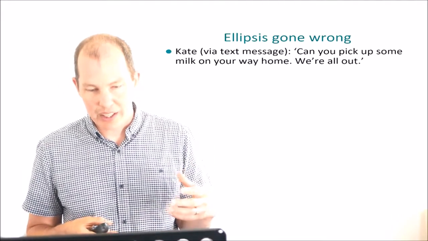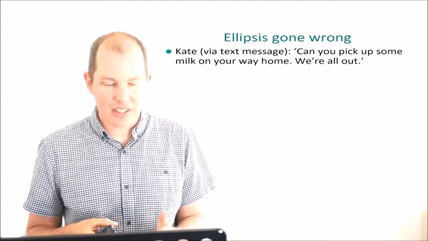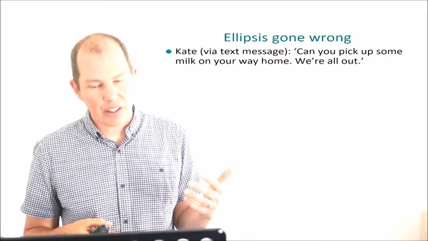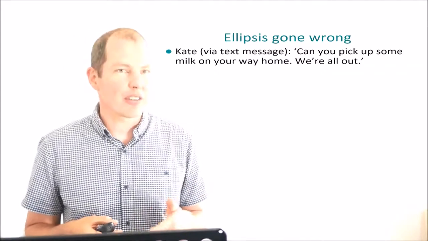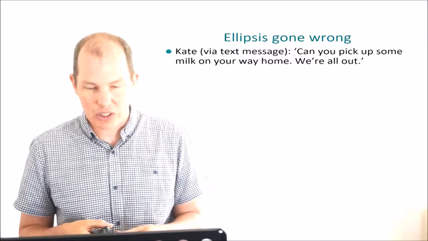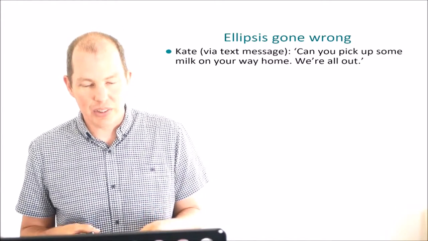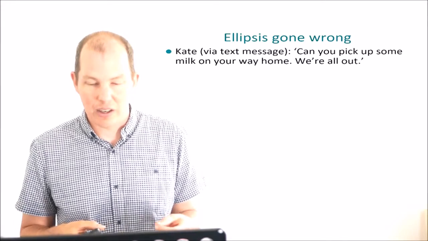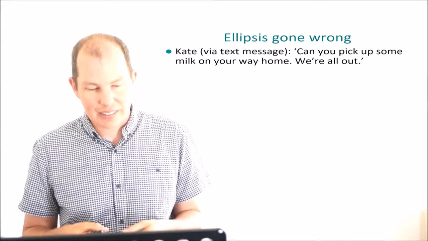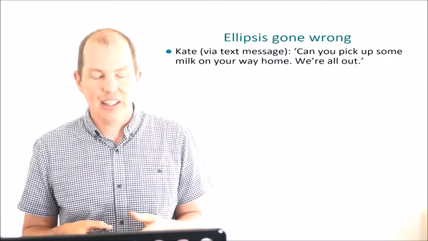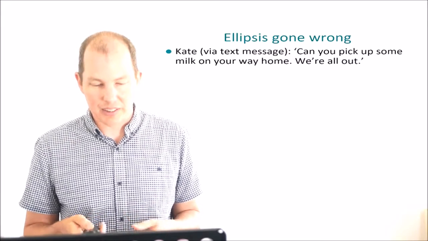But as my brain started working and I put more effort into processing this utterance, I started wondering, why couldn't they get the milk themselves if they were out and thus more likely to be near to a shop? It was only then that I realised the utterance could be understood a different way, as an ellipsis of "we're all out of milk." So they were actually in the house and needed me to urgently bring them milk.